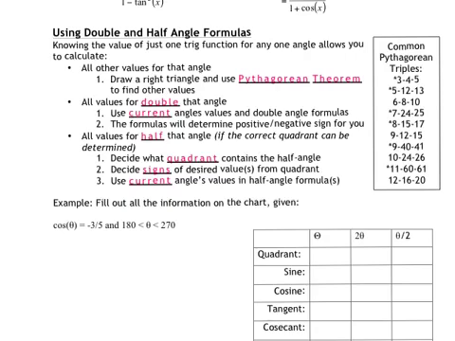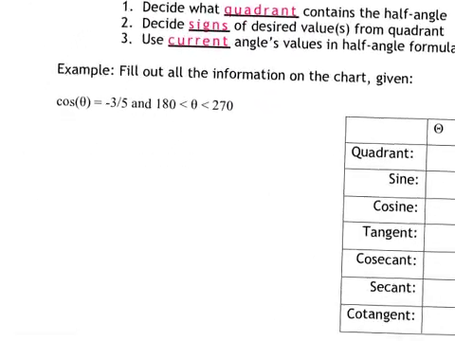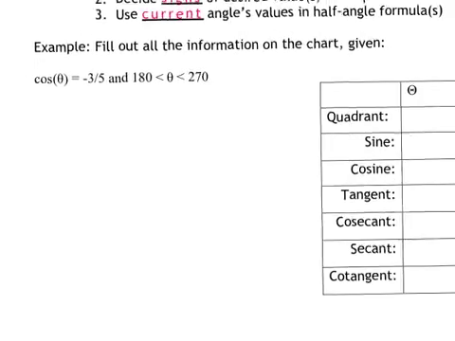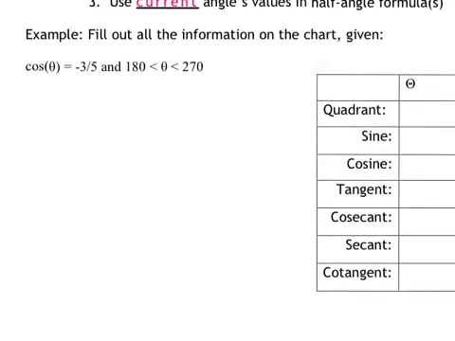Anyway, so here let's look and see what we can discover about theta and what some of its other values are. So first thing I want to do is just sketch a picture for where theta is, what quadrant theta is in, and use that to figure out whether sines and tangents and cosecants and all those sort of things are positive or negative. So they told us in this case that theta was an angle between 180 and 270 degrees. And so if I sketch a picture of that